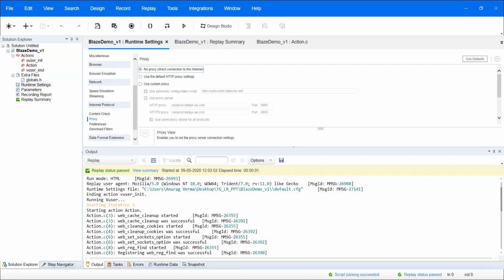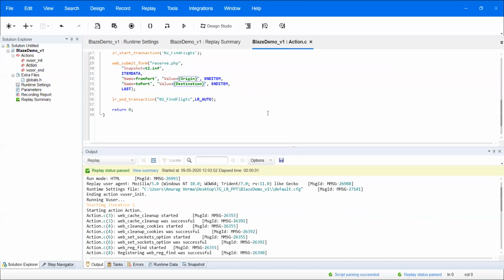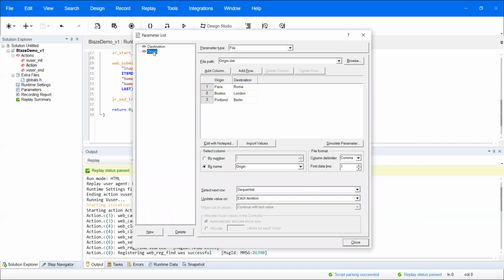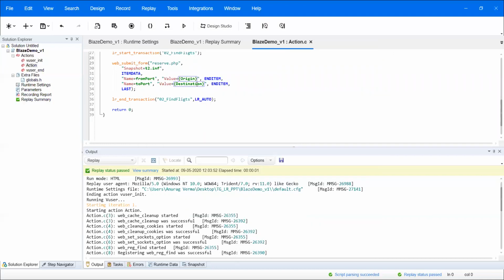Now the 5th point, which is the most important. Suppose I went to the origin and didn't select anything, I just selected that one. Suppose I created the parameter as origin, but by name I didn't select any, though I already replaced everything. If I now execute that, it will throw an error.